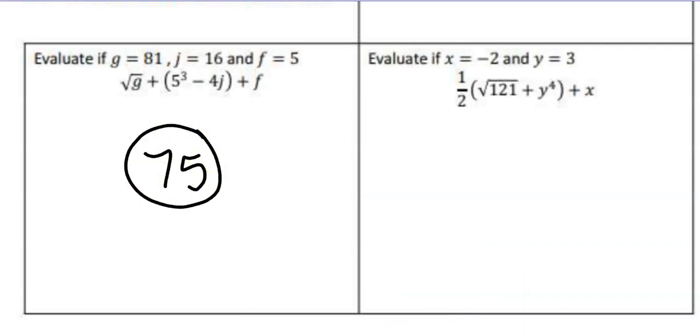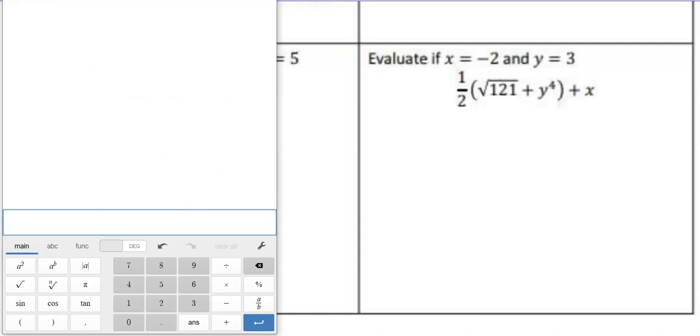All right, next problem. Same thing. I'm going to grab my Desmos calculator, and I'm going to type in my expression. If you notice, it starts with 1/2, so I can put in my fraction key, 1 on the top, 2 on the bottom. I'm going to click out of the fraction. I'm going to click my parentheses, square root key,